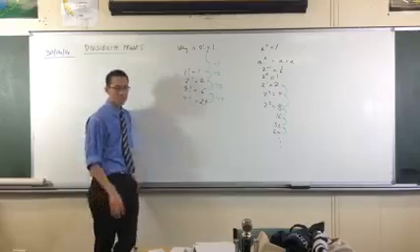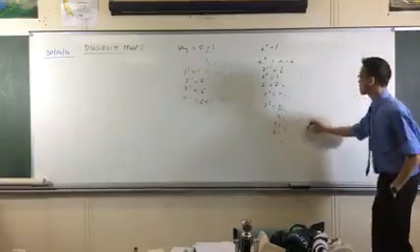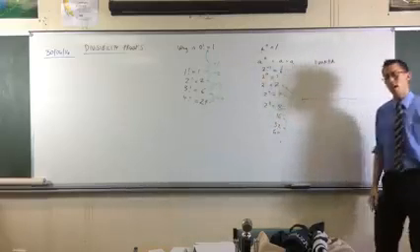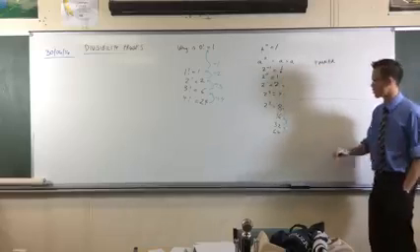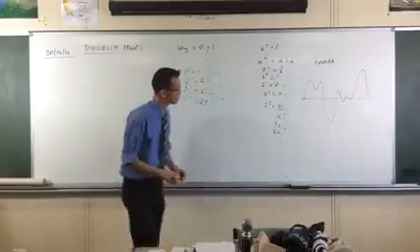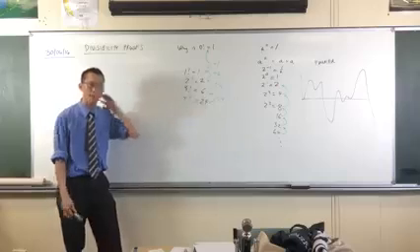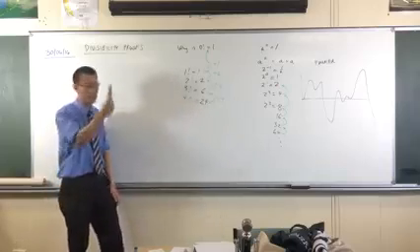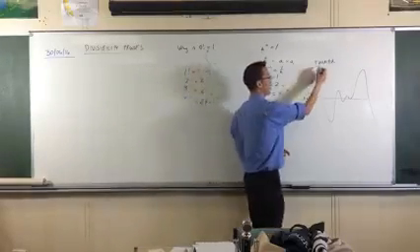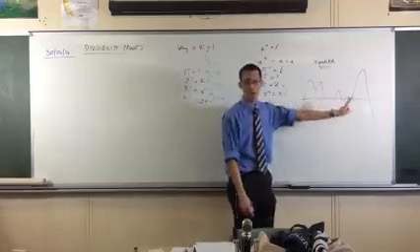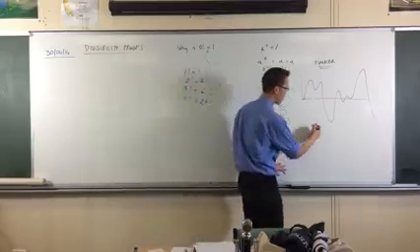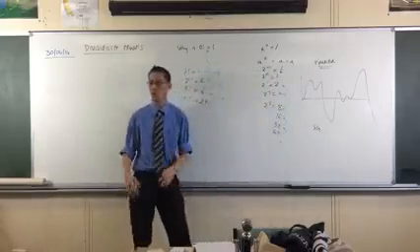Now here's the amazing thing, right? There was a French guy, and his name was Fourier, and he was the guy who discovered this, right? Have a look at this for a second. What is this? You have language for this. This is a wave function. Now you don't know what a wave function is, neither do I, I just drew it. But the amazing thing, and this is what Fourier proved, is that this wave function can be composed of a whole bunch of sine functions, the whole variety of them.